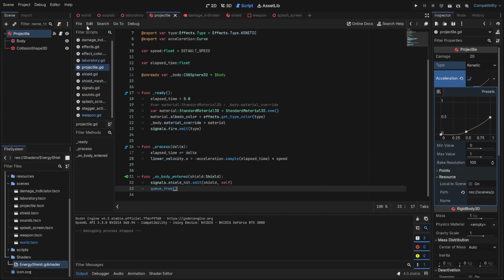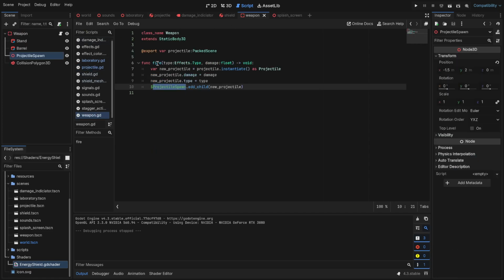Let's take a look at the weapon one more time. So here, our weapon class has a fire. So we're just making that new projectile. We're giving damage, we're giving its type, and we're spawning it. So everything the projectile needs to do is given right here: a type and a damage value. We also have